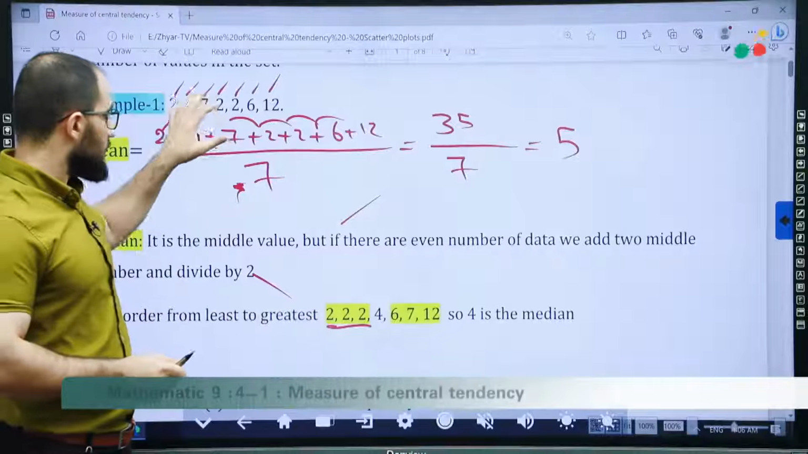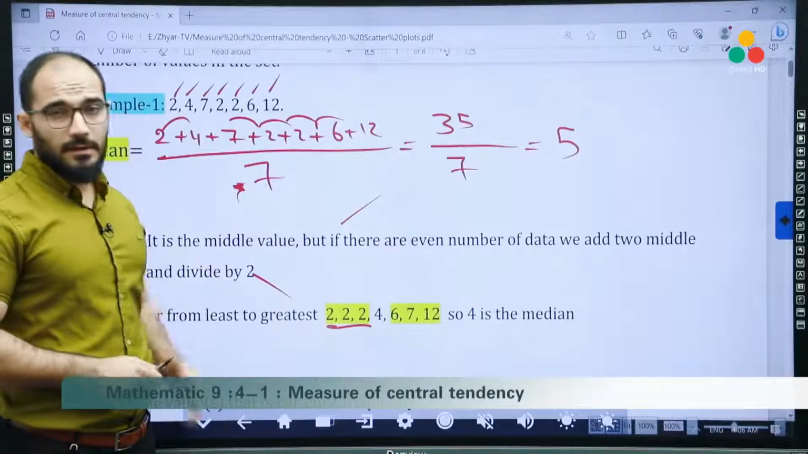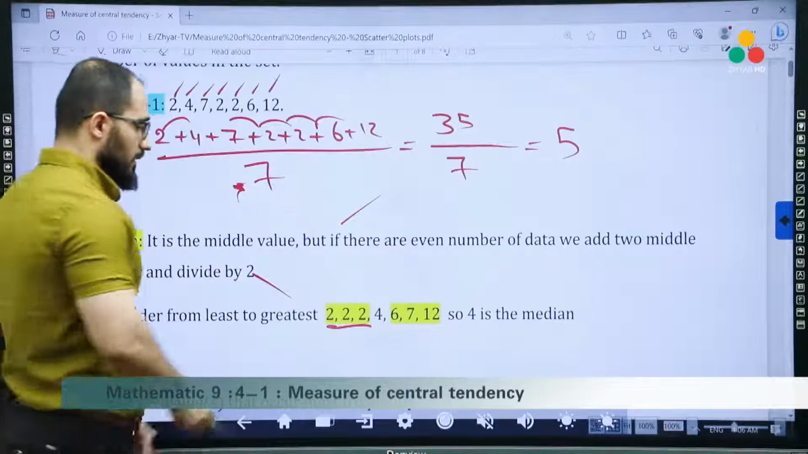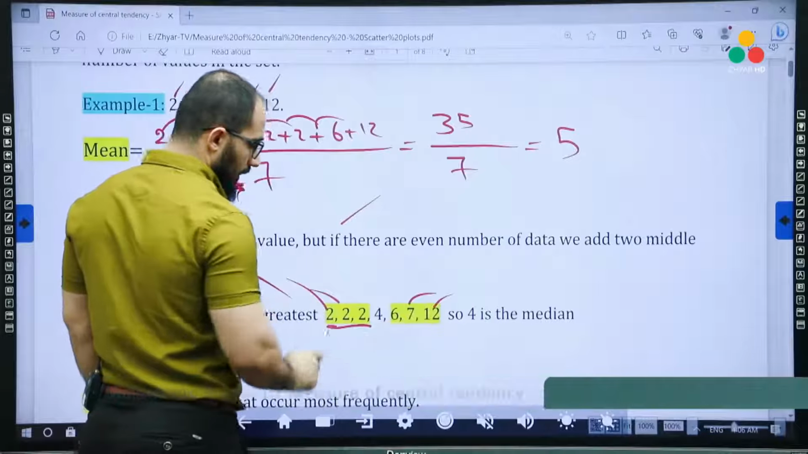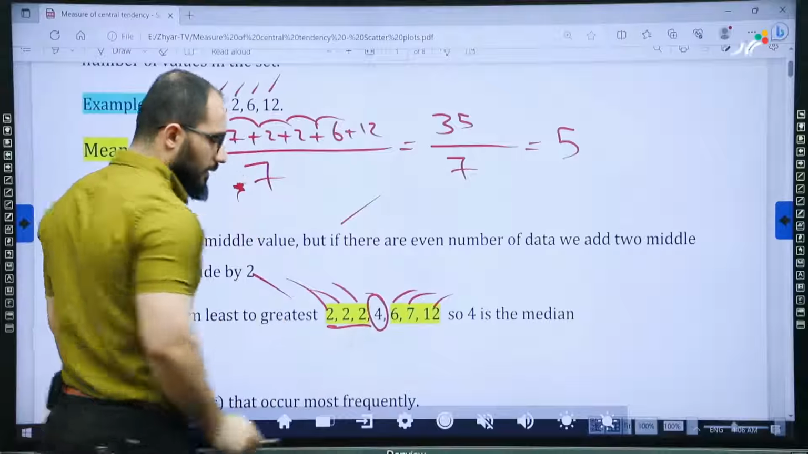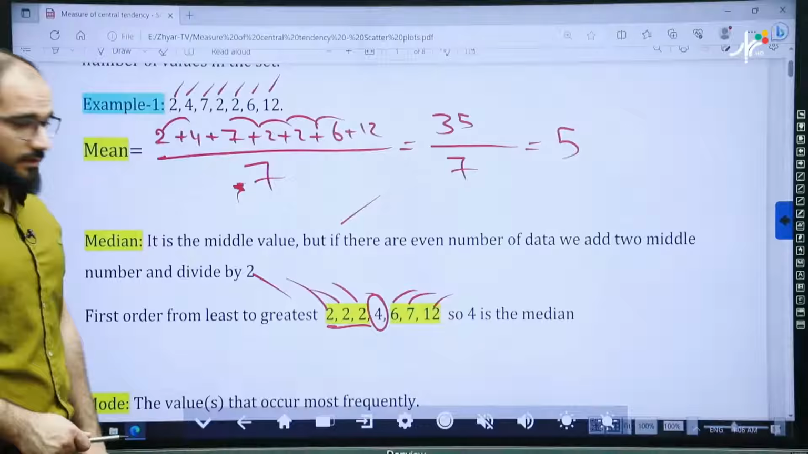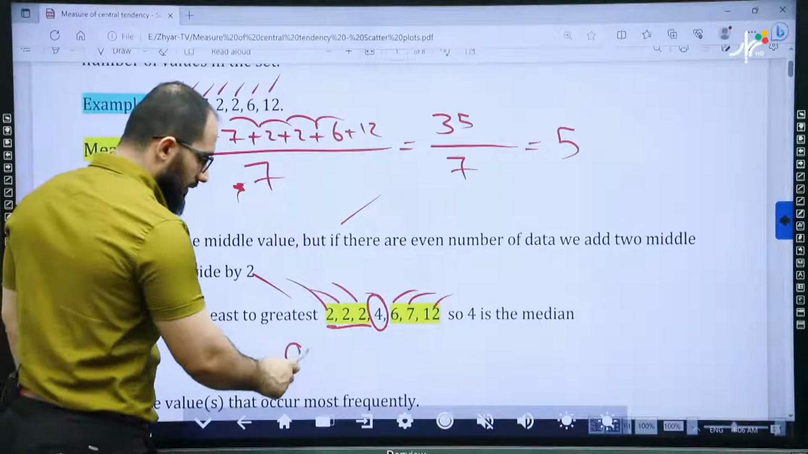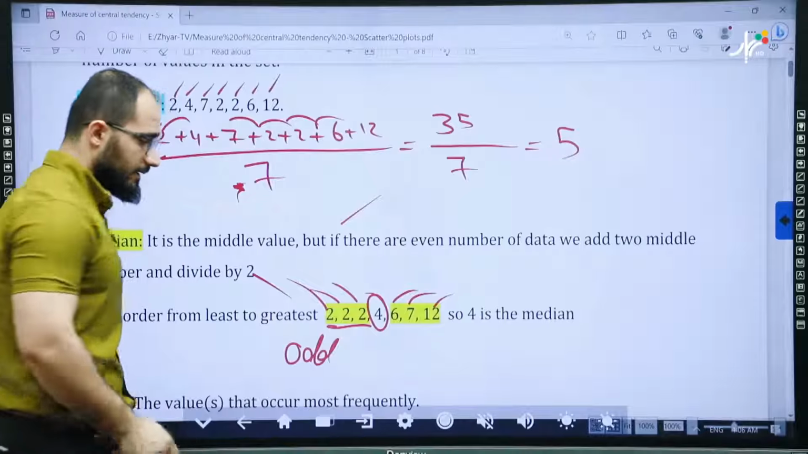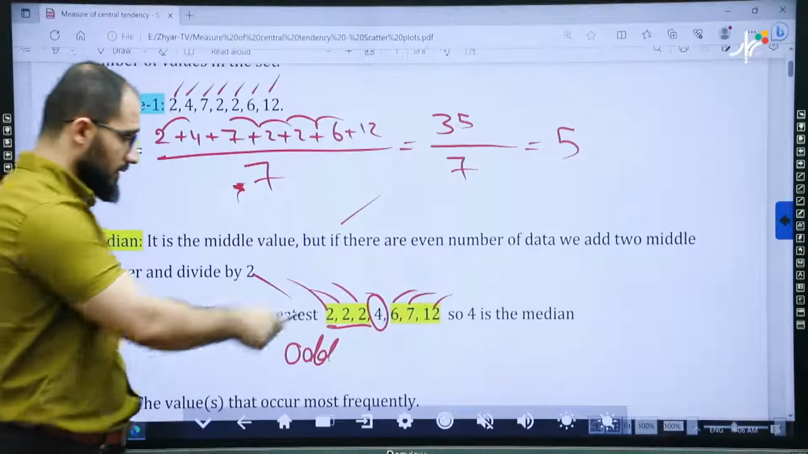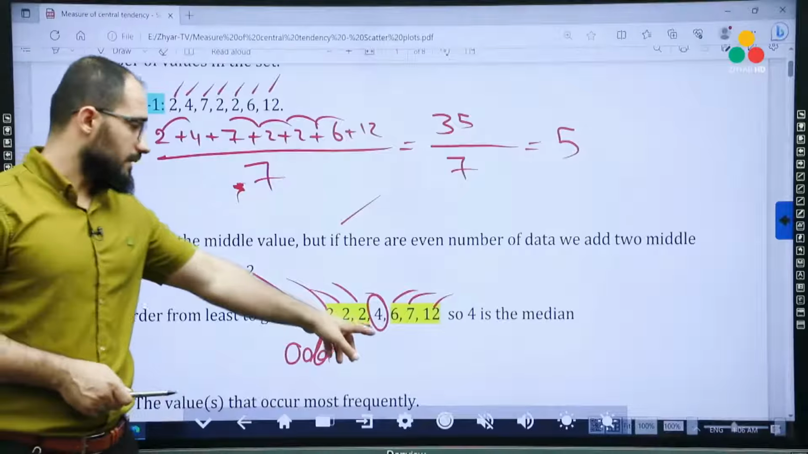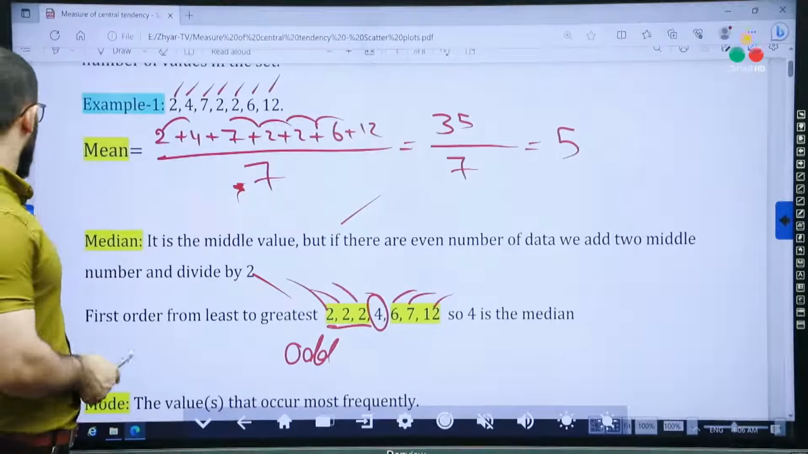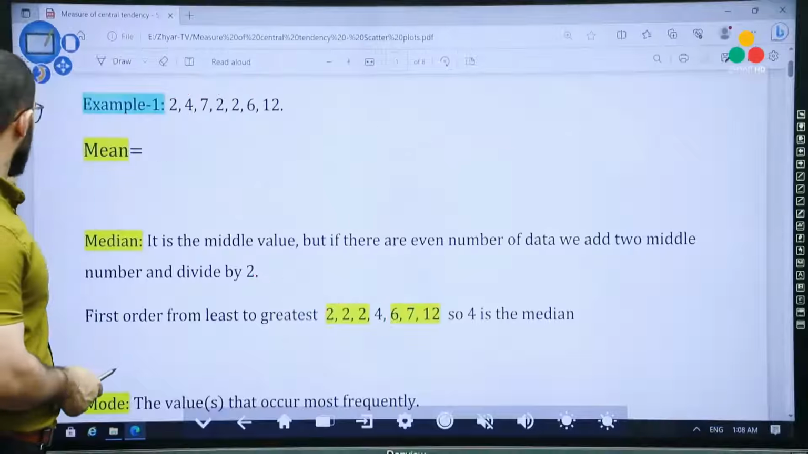Then cancel a number on the left, right, left, right, left, and right, and then 1 data is left in the center. This is for odd data. If the number of the data is odd, because 7 is odd, that's why we chose 1 number in the center. But if you have even data for the median,